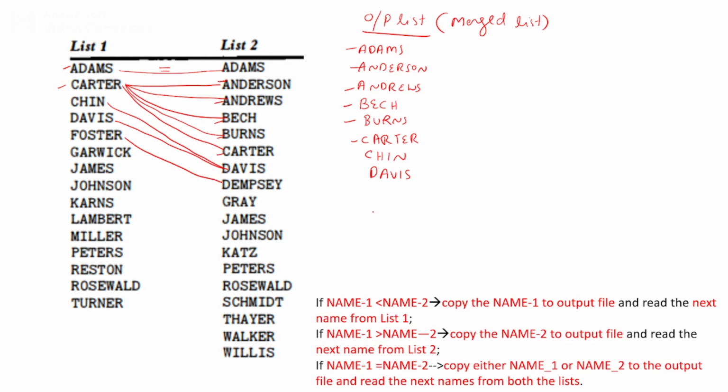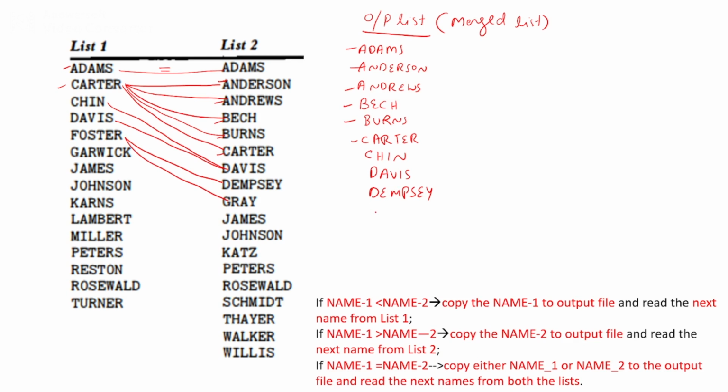This is how you are going to write. Now you will get all the names in the output list without any duplication. So you will get the merged list as the output list, and that output list will not have any duplicate entries, and also it will be sorted. Okay, now we have reached Davis. Now Foster and Dempsey. I need to write Dempsey, then I need to increment by 1. I need to go to the next name.